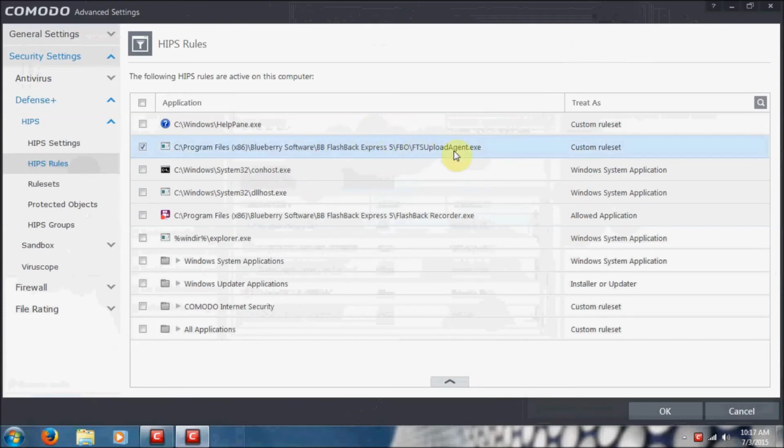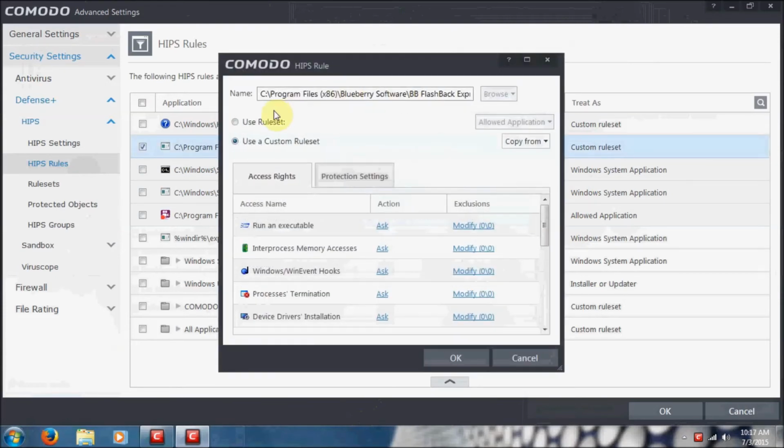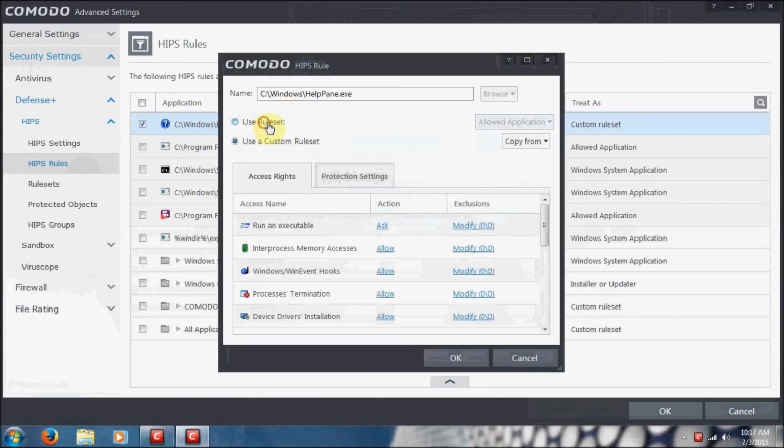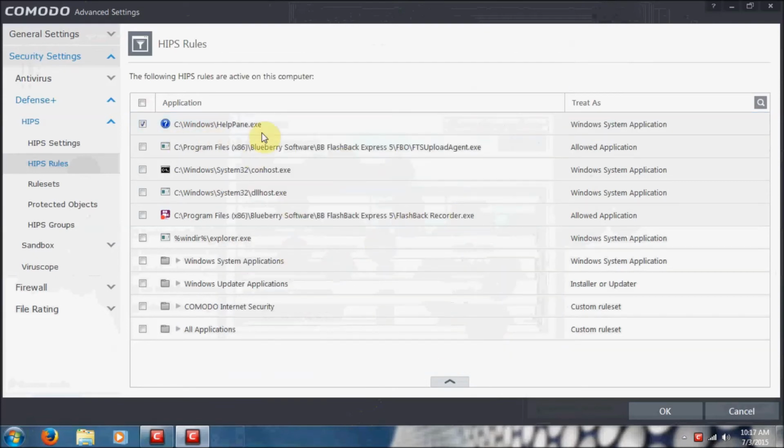It's just a preset that comes with Comodo that will automatically allow the proper processes. Under help pane, for example, Windows System application. And as long as it's under training set, it won't be blocking these applications. It will simply be adding them to this list, which is a good idea for a couple of days, so that the entire list begins to develop, and then you can come back and define these applications,